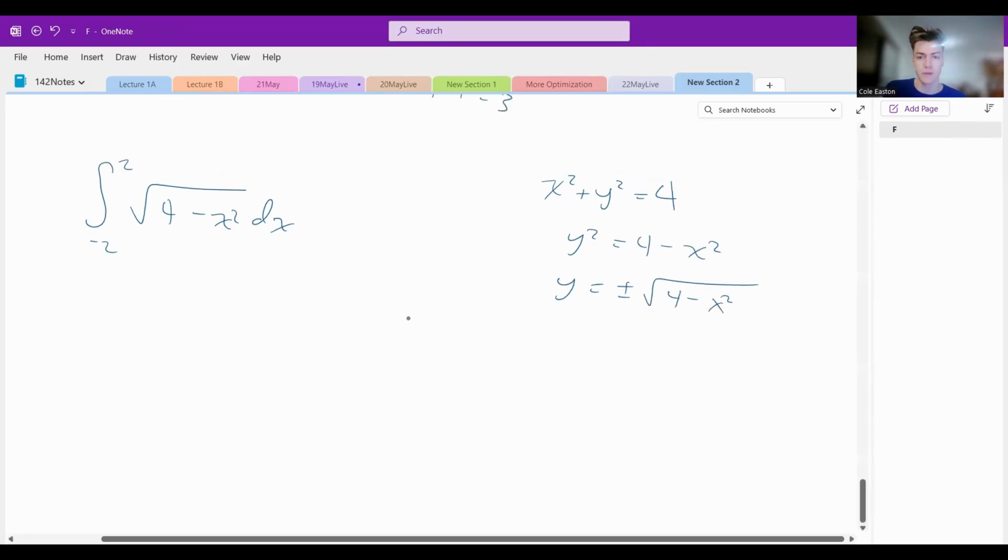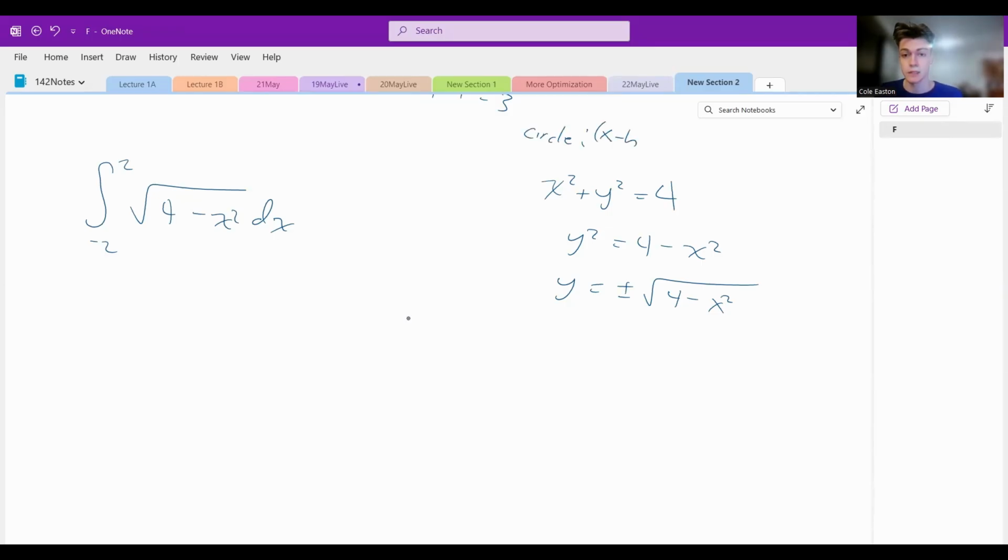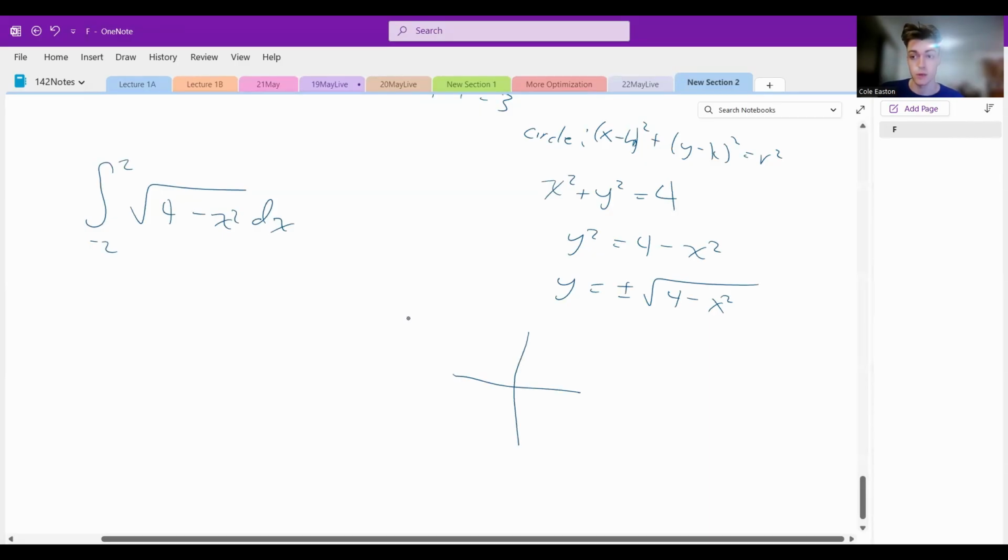Now, what does the graph of this original thing look like? That's something that you should definitely be able to identify. That's going to be a circle of radius 2, right? Because a circle has the form x minus h squared plus y minus k squared equals r squared, where h comma k are the coordinates of the center of the circle. So in this case, our h and k are both 0, and our radius is 2, because 2 squared is 4. So we're centered at 0, we're a circle of radius 2,